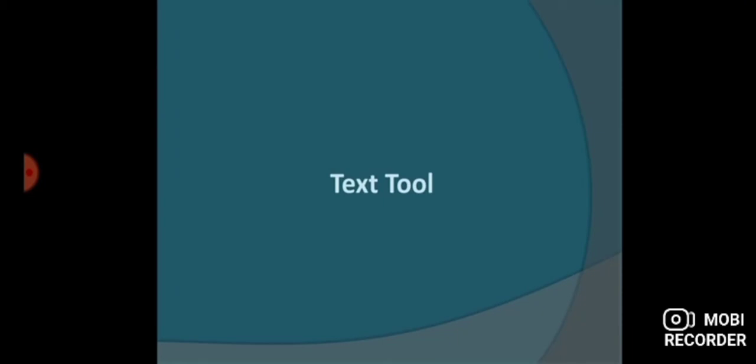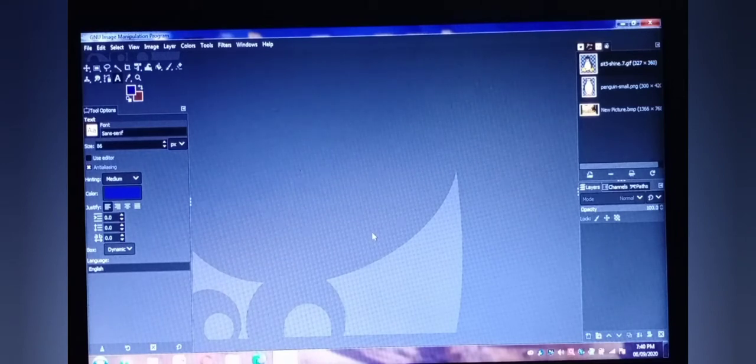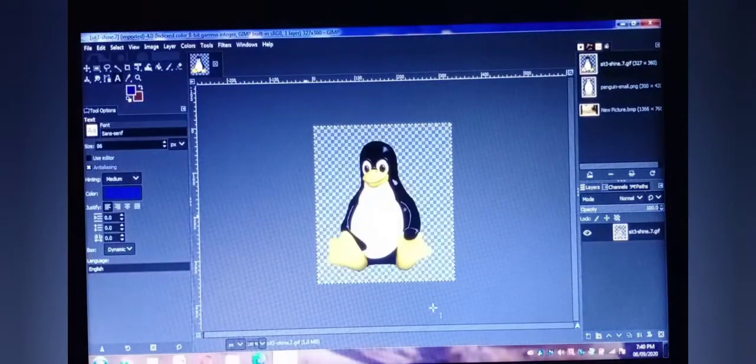Next, text tool. We will see the video how we can open and use the text tool. Let's watch the video. In this video, I will tell you how you can activate the text tool. Before using the text tool, you need to open the image so that you can apply text on the image. So let's open the image, go to the file menu, click on open, select the image and open it. So this is the image and I want to write something on the right side of the image here. If I want to write hi here, how will I write?